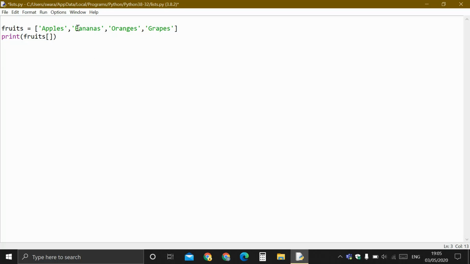Bananas has the index 1, oranges has index 2 and grapes has index 3. And when I say from the first index to the third index, I don't mean the last index is included, just because Python doesn't include the last thing, even in a range. So 1 to 3,